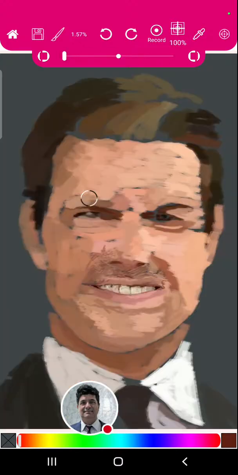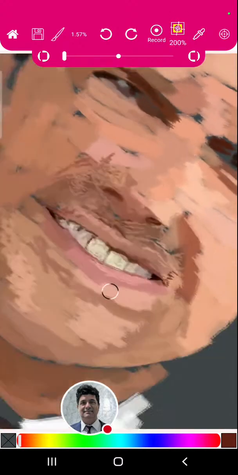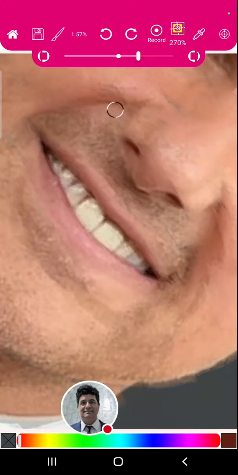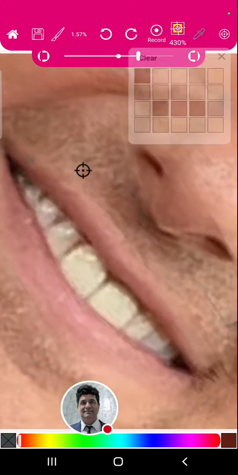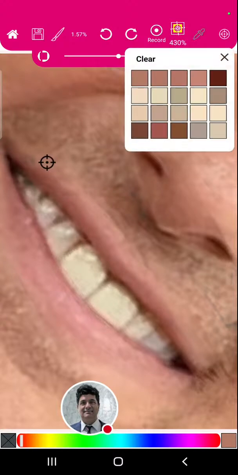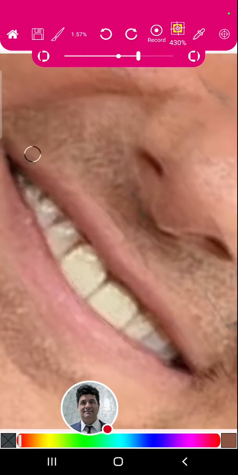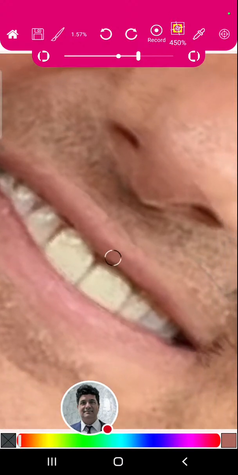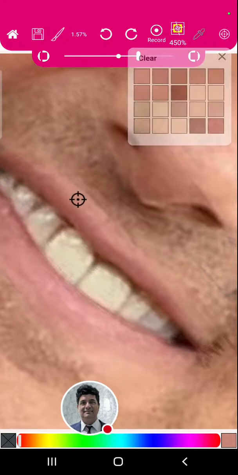Let's see if we fix that. Yes, we probably have. It's getting better, but I'm not too happy with his upper lip. So let's just do dab action. It's a bit of an awkward character, just like in his movies. I don't know if you've seen his movies. I'm saying he's a bit of an awkward character to draw compared to, let's say, Will Smith. He was a doddle,